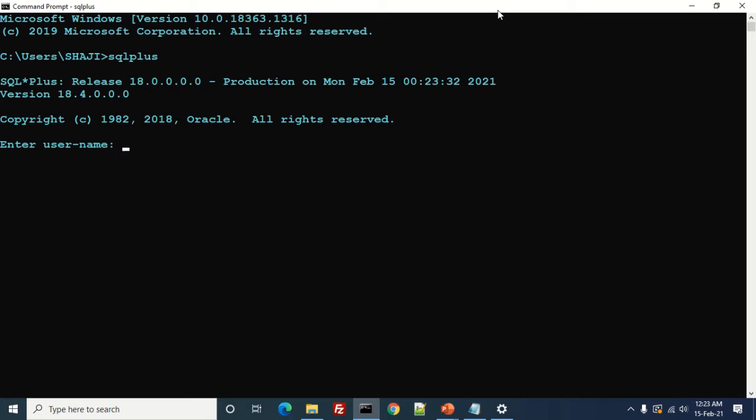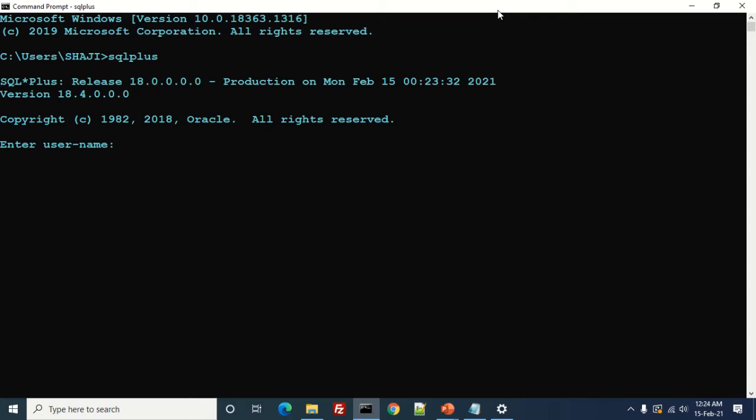Here it is asking the same username that you created at the time of Oracle installation. By default, Oracle has two users, that is system and sys. You might already have been given the password also at the same time.